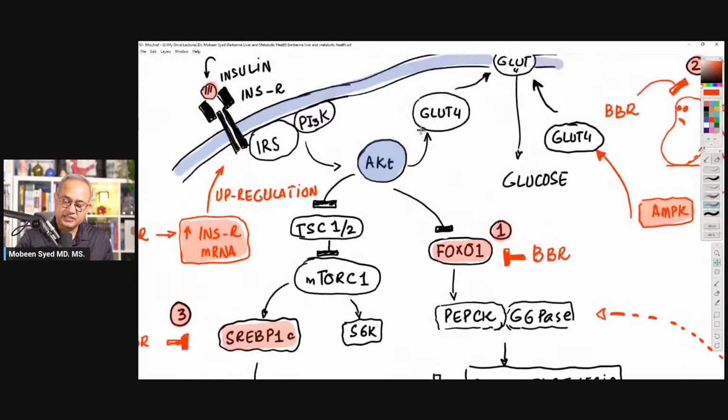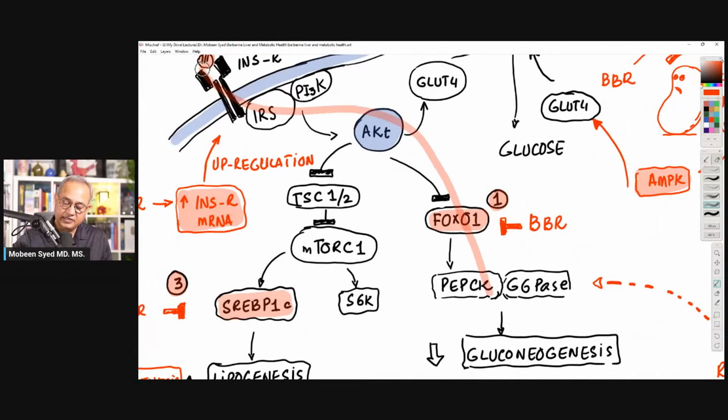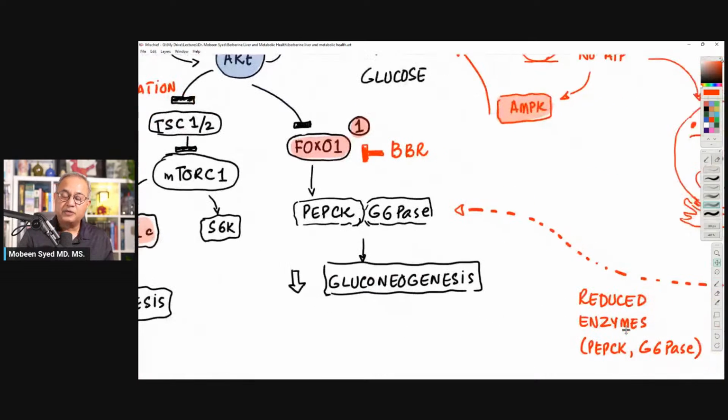And if you see here, this line actually is related to insulin. This function of making new glucose is inhibited by insulin. Think about it: insulin, when is it present? When is it more in our body? When we have more glucose. When we have more glucose from food, do we need to make more glucose in the liver? No. So insulin actually reduces these enzymes' function and blocks gluconeogenesis. Berberine does that too.